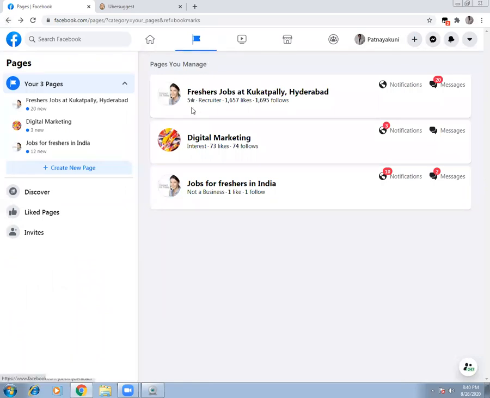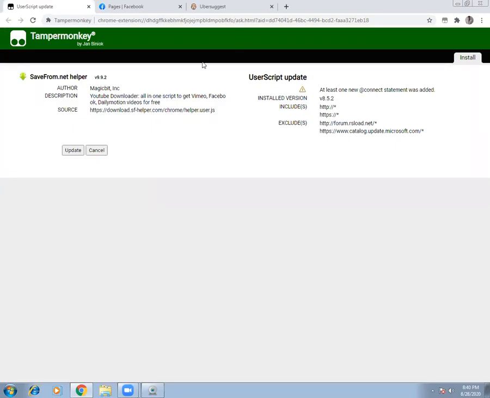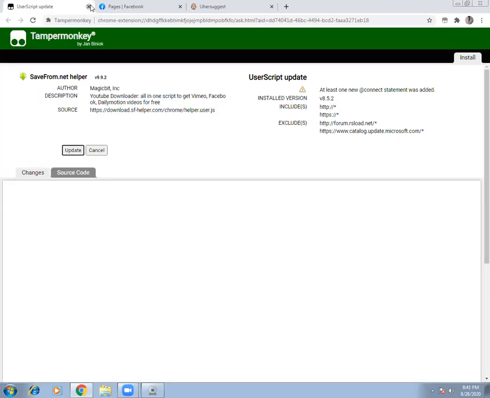Now I'm going to show you. It clearly shows that it's 5-star rated. These two are not 5-star rated, because here it's a recruiter profile. That means we have created this for hiring people. In case you are a marketer, you can mention it as a publisher. You want to publish products of Amazon, Flipkart. You join as an affiliate in all the e-commerce websites and start promoting them on Facebook pages. And then probably you can say it's a business website or something like that. Mine is basically for education, so I have selected this for education.